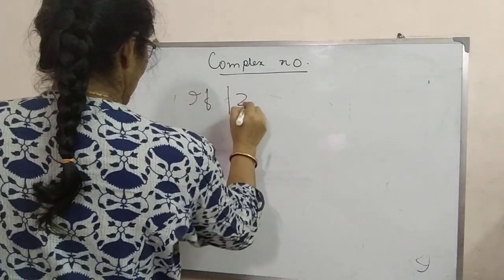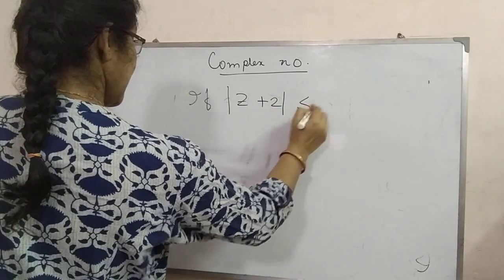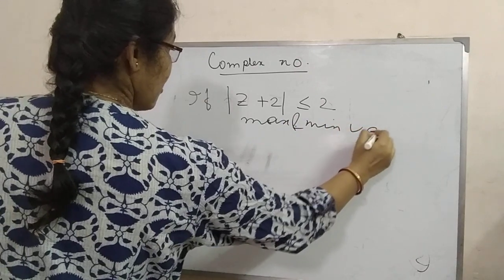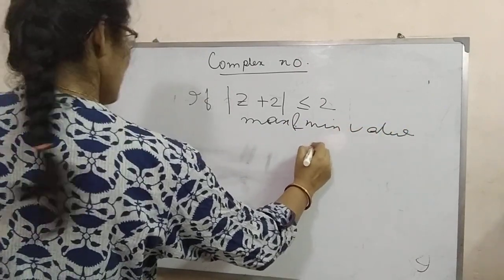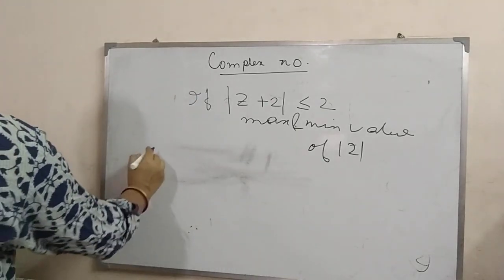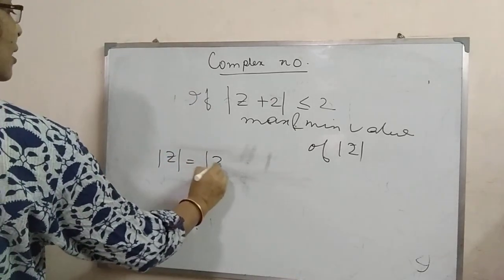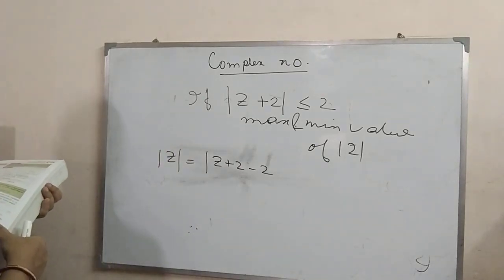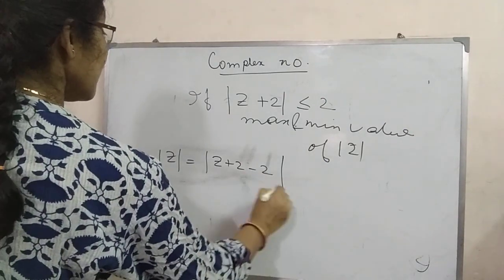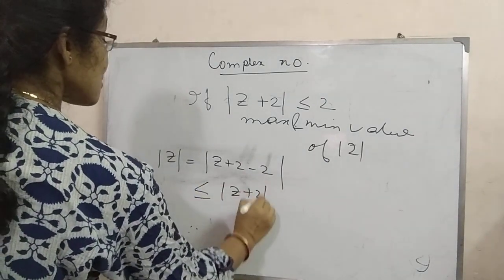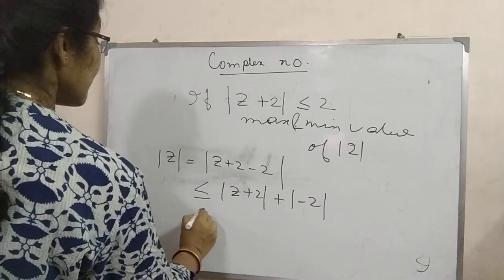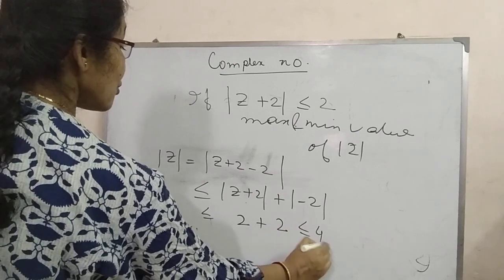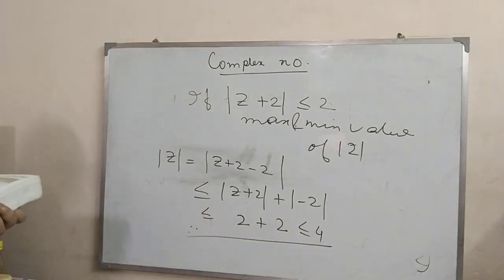if modulus of Z plus 2 is less than or equal to 2, find the maximum and minimum value of mod Z. Mod Z equals modulus of (Z plus 2) minus 2, which is less than or equal to mod of Z plus 2 plus 2, that is 2 plus 2, which is less than or equal to 4. So the maximum value is 4 and